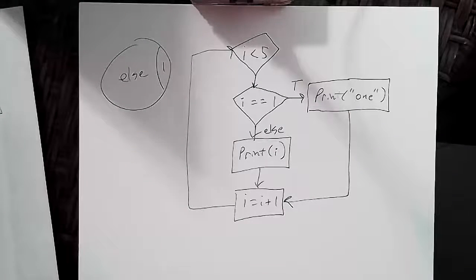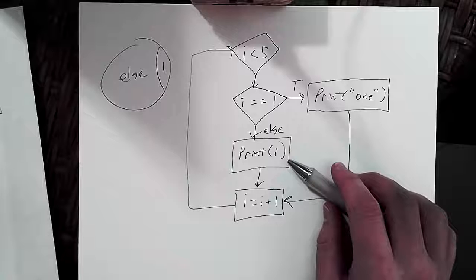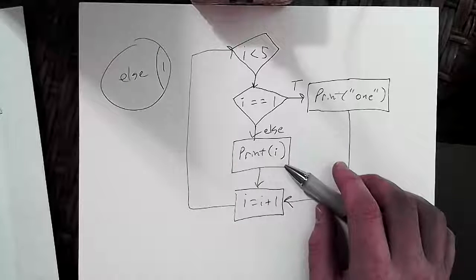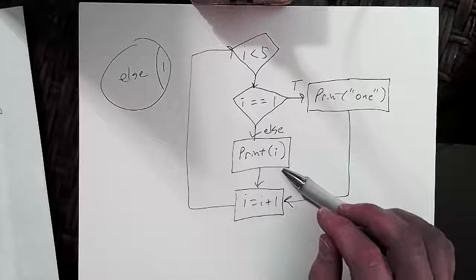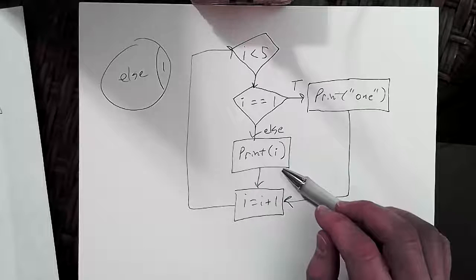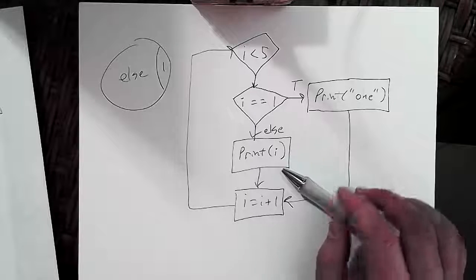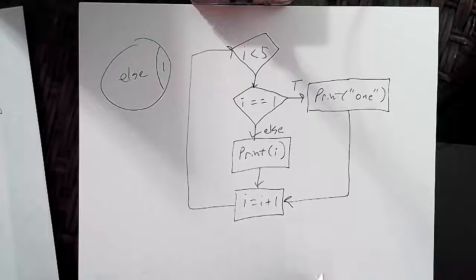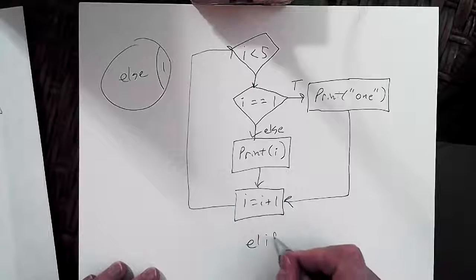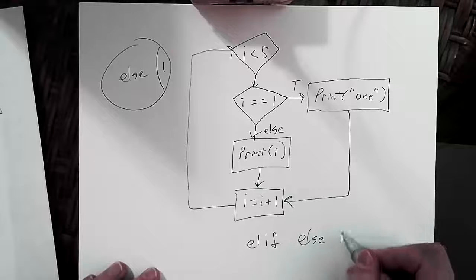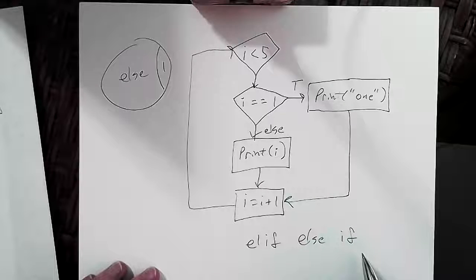Right. Okay. So, let's try one more case. Leave the else. Go to the end of line 4, and press enter there, and then back up 1, and this time type in elif, which is short for else if. Elif is else if. And because it's an if, that means it needs a condition. So before the colon, put a space and then another condition, such as I equals 2.